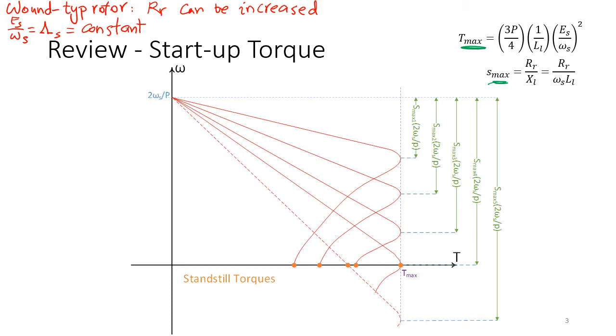S max 2 will be larger than S max 1. So Tmax moves to a new point. And when we increase R more, we find a higher S max, call it S max 3, and Tmax comes here. By pushing the curves there, you can see that